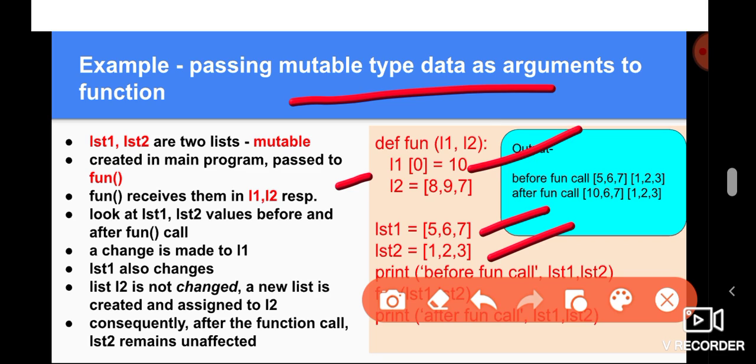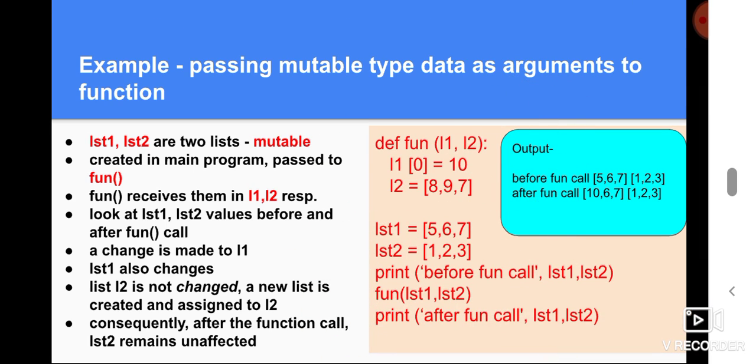And as for l2, in which lst2 will be passed, it is completely changed. l2 is assigned a completely new list with new elements. A new list is created and that is being assigned to l2. Now we see what effect this causes on lst1 and lst2, which will be passed to this function.